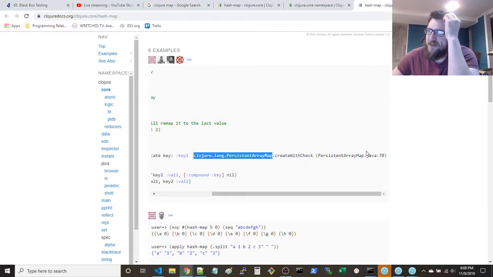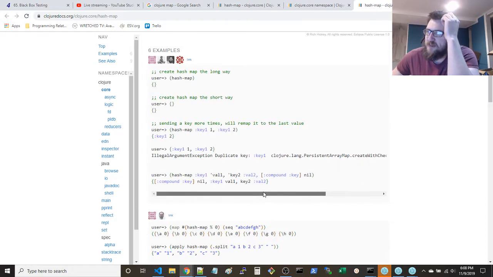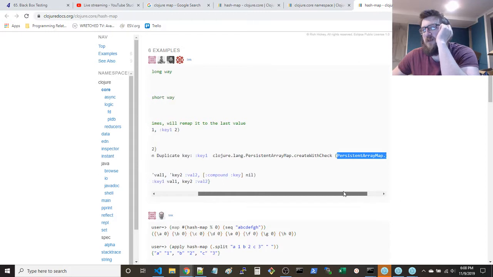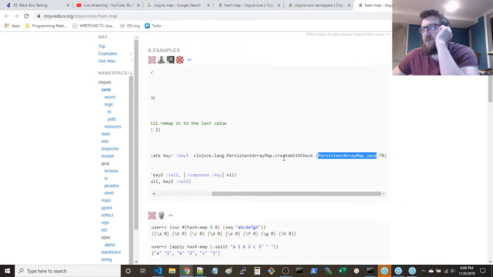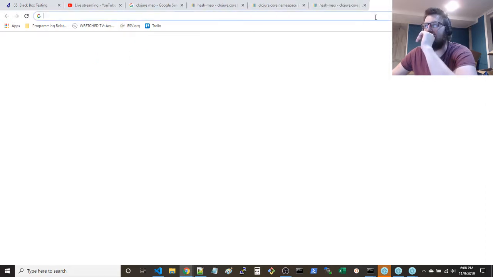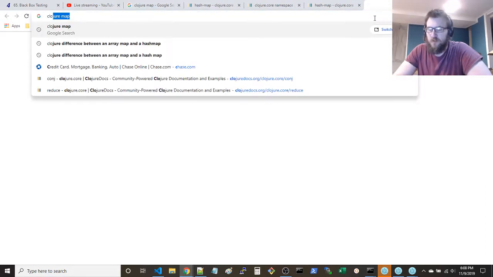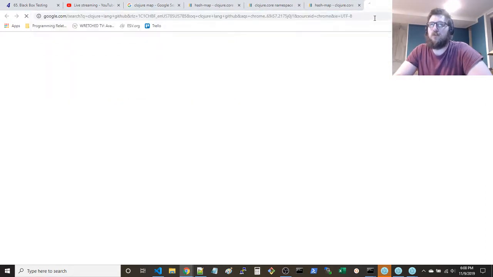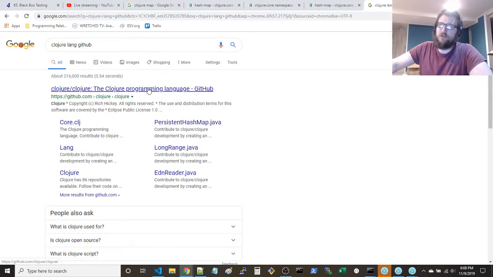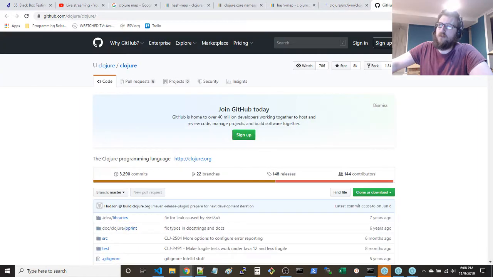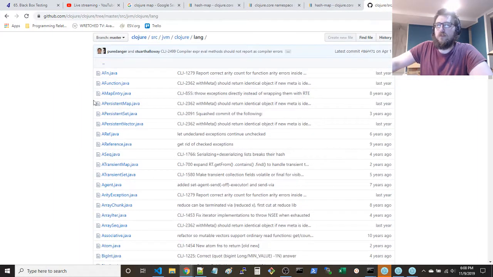So this is actually what I want to see, if we go to the GitHub and look at the persistent array map and the persistent map. Let me see here. Okay.